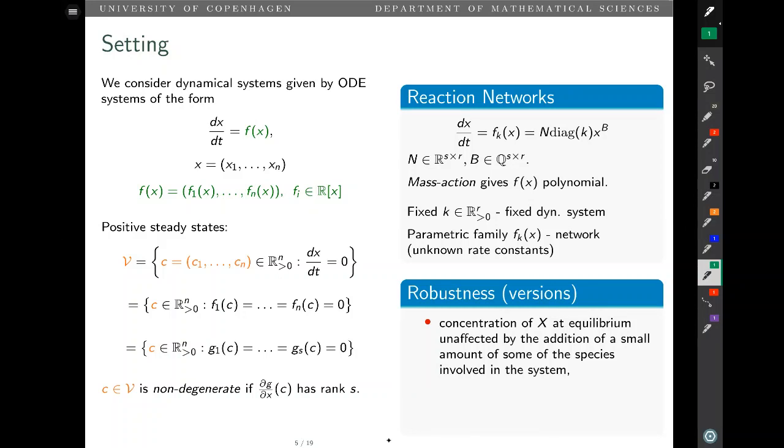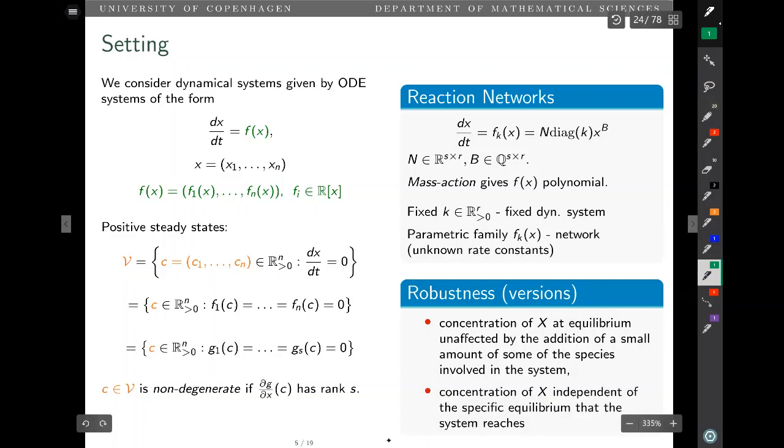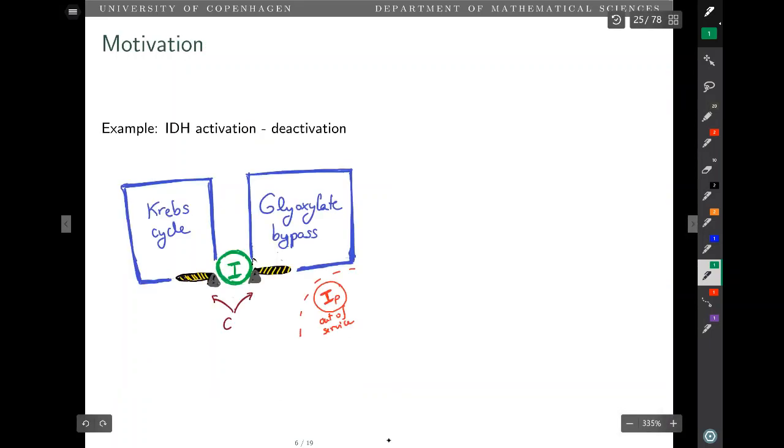Another option, a more strict option, is that no matter which point I look at, this variable always has the same value when I'm at equilibrium, which is the first one that I mentioned. So let me go over these two, but first let me give a very fast example to motivate. Let me go to the biology, so we get our mind out of the formulas for a little bit. There is this mechanism, this bypass here that I don't dare try to pronounce,